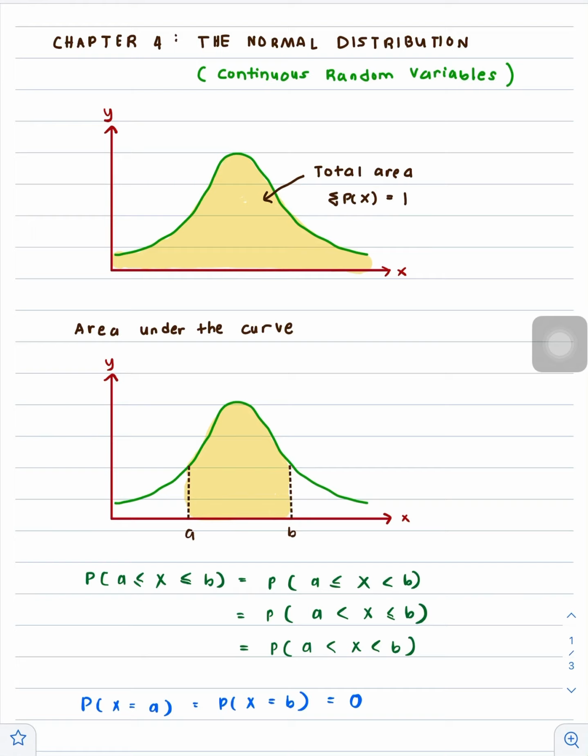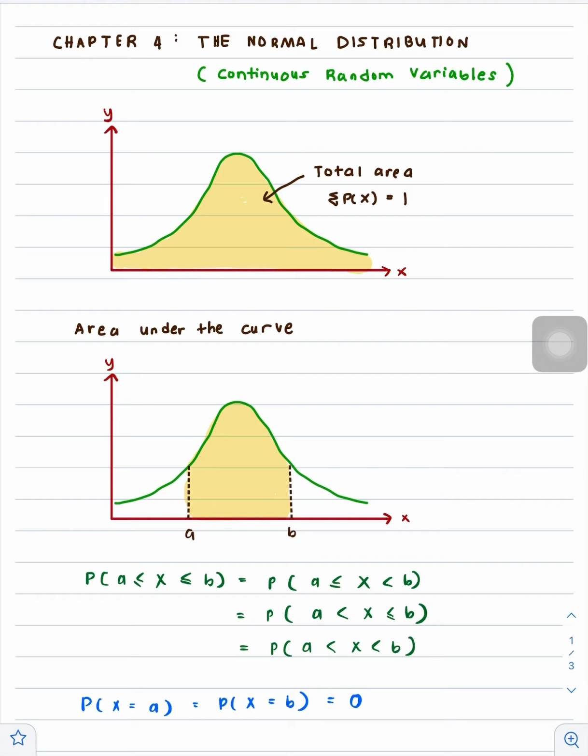Okay, let's say you are having to find the probability between A up until B. So how can you symbolize this area? You will have probability of x from A up until B. So in normal curve or in normal distribution, it doesn't matter whether you have the equal sign or you don't have any equal sign, because the shaded area is still referring to the same area, which is from A up until B. So these three symbols are equal, whether you don't have the equal sign for B, or you don't have the equal sign for A, or you don't have the equal sign for both A and B. So the shaded area is still this yellow area.